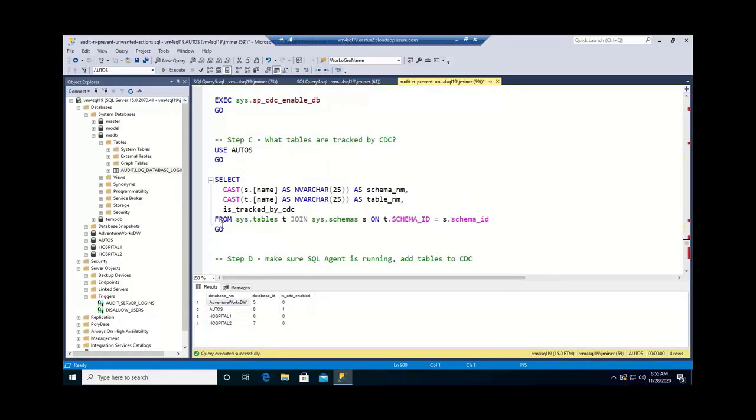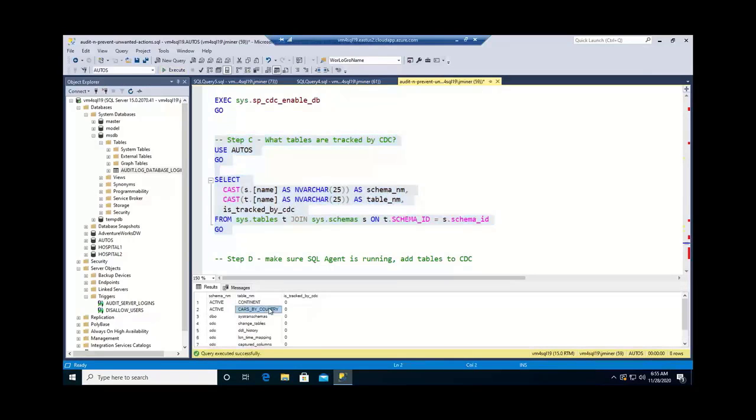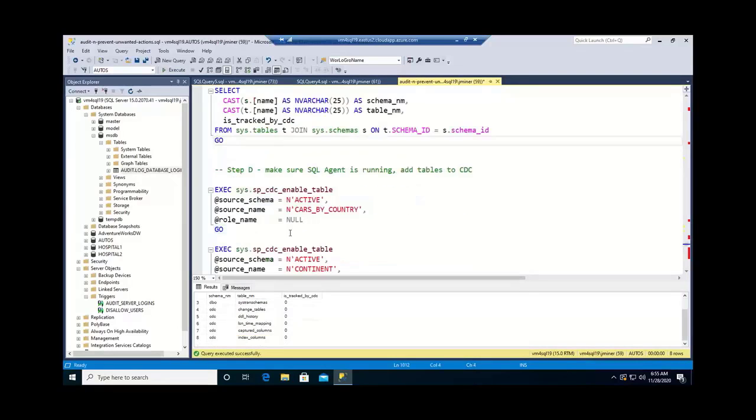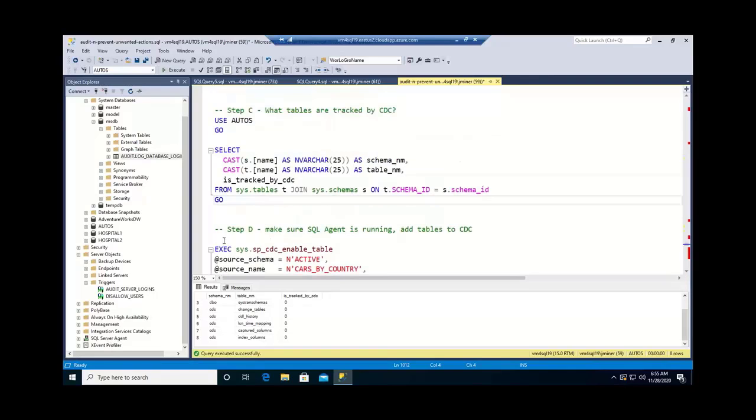Now what we want to do is check what tables are tracked. Is anything going on at the table level? We can see here are all the tables, and these are all system tables. We ignore those, just active. And we want to make sure that the SQL Server agent is running, which it is, because it needs to be running to capture logs. And what we're going to do is,